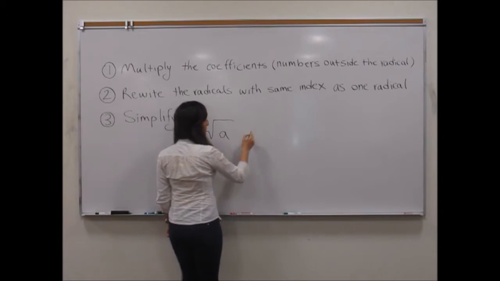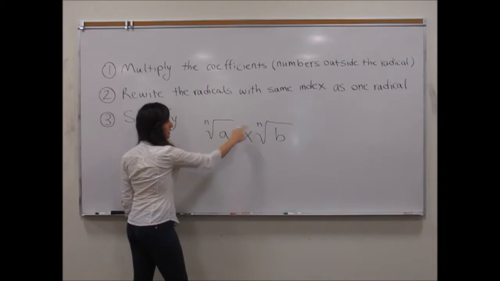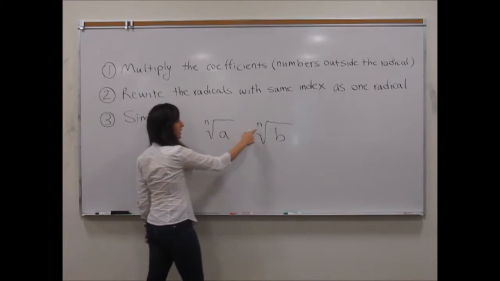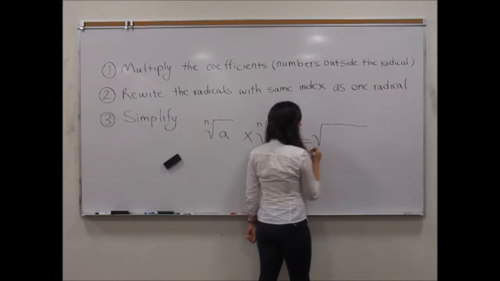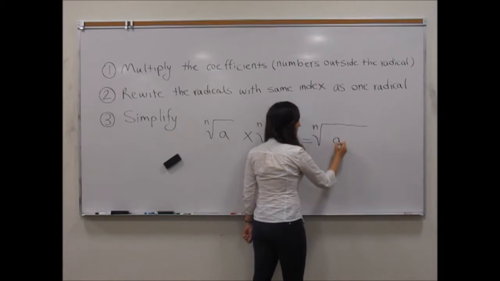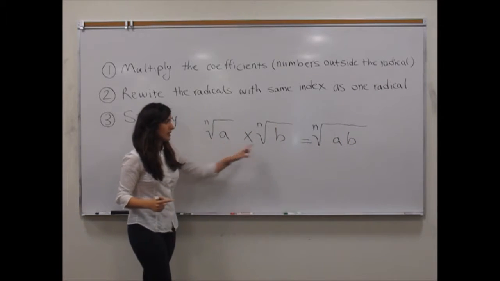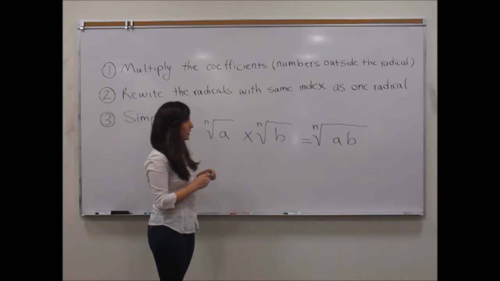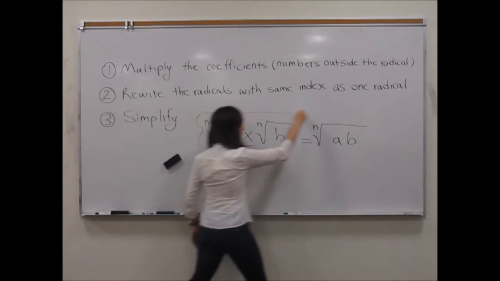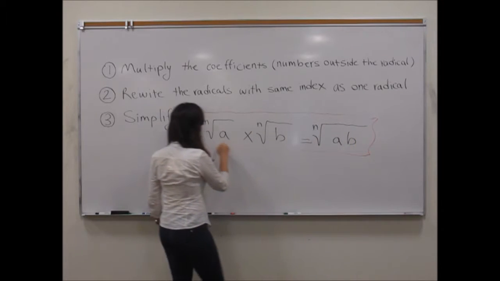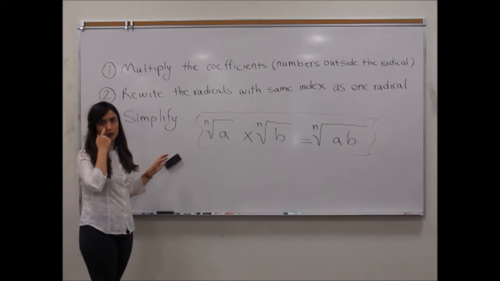Two radicals. Whenever I'm multiplying two radicals with the same index, the index is the number that goes here, I can rewrite it as one radical with the same index, and then multiply the radicands. These two are the radicands, A and B, the numbers that go under the radical. So we use this property